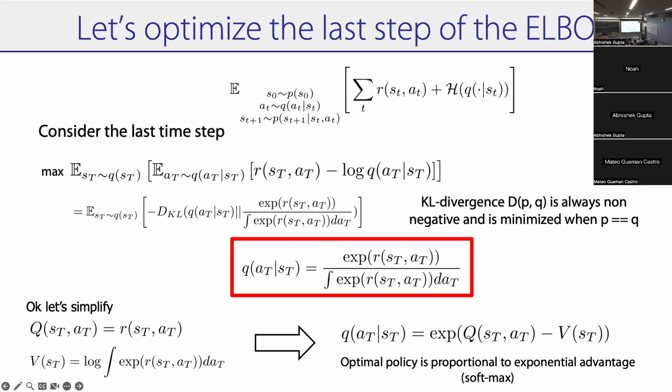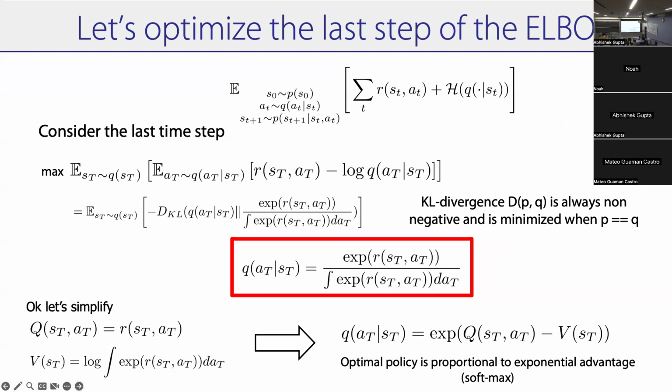How could the policy be... Oh yeah, so this numerator is exp Q, because we just substituted. Now imagine you take this expression and take the exponential on both sides. The exponential of a log is just x; exponential and log cancel out. So take the exponential here and here, and these two cancel out. Oh, I see. And so you have exp V is equal to the integral of exp R.